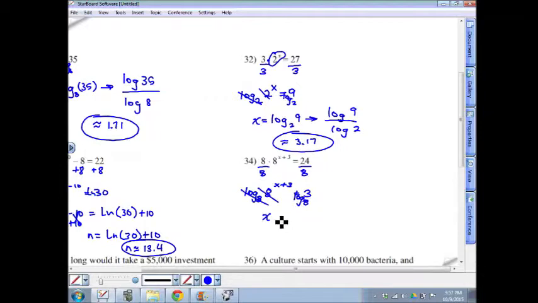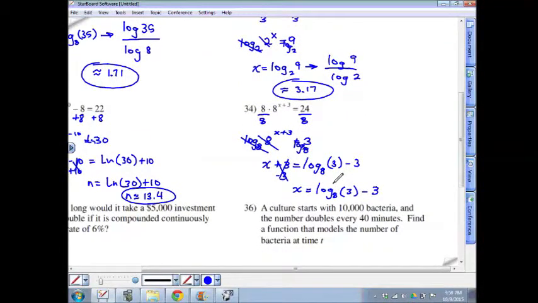Log base 8 cancels exponential base 8, and we have x plus 3 equals log base 8 of 3. And subtract 3. So x is equal to log base 8 of 3 minus 3. Now